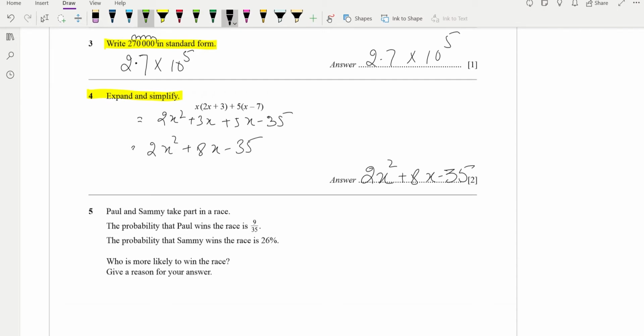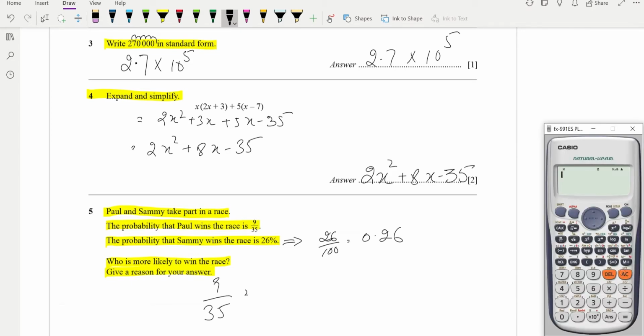Now question number 5 says Paul and Sammy take part in a race. The probability that Paul wins the race is 9 by 35. The probability that Sammy wins the race is 26%. Who is more likely to win the race? Give your reason for your answer. So if we convert, 26% means 26 over 100, which will be equal to 0.26, and 9 over 35, if